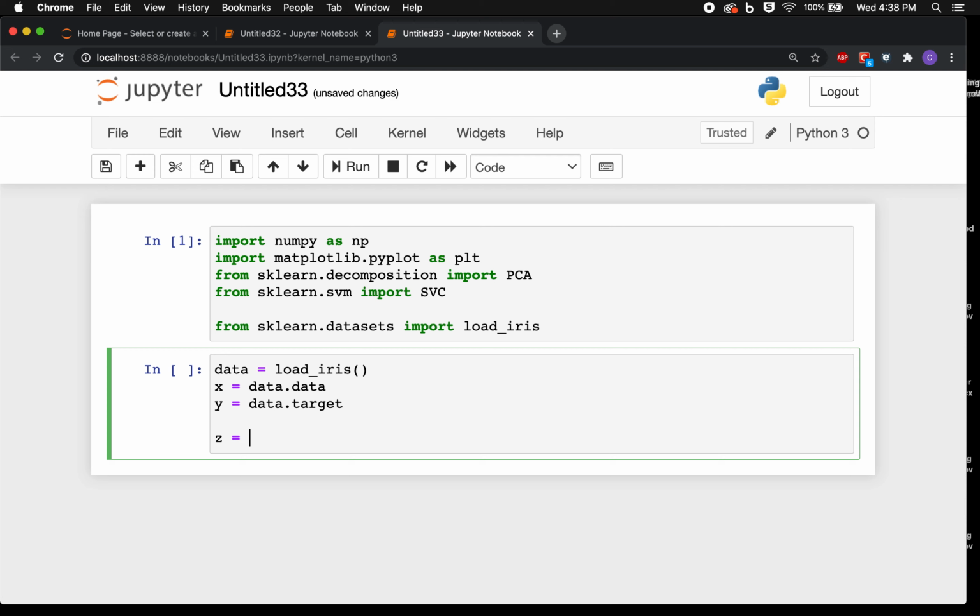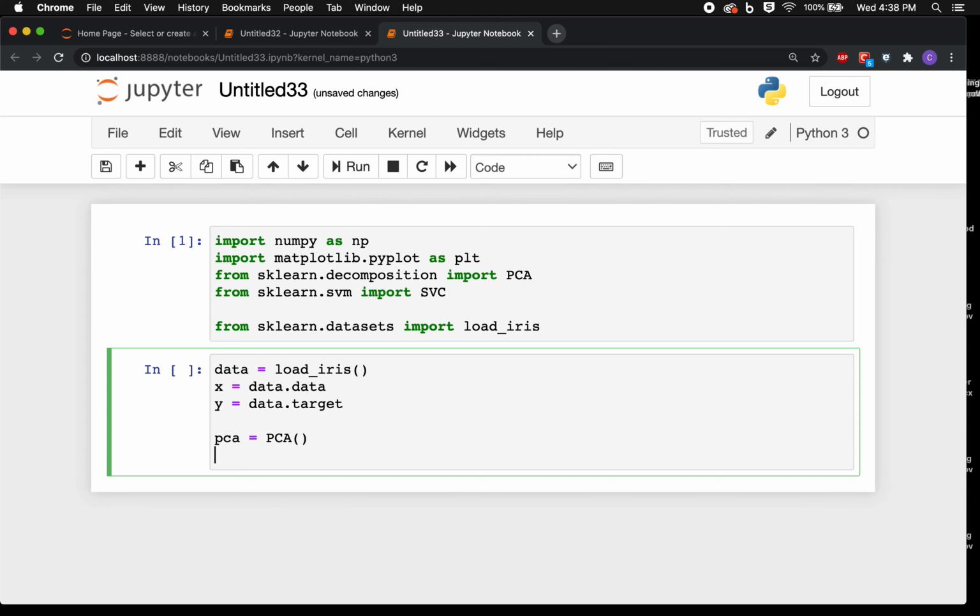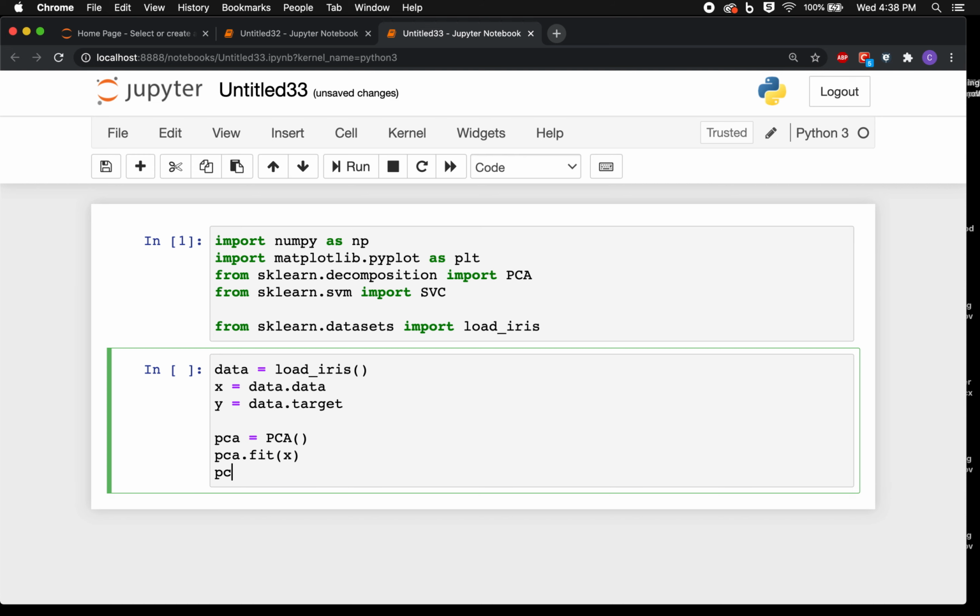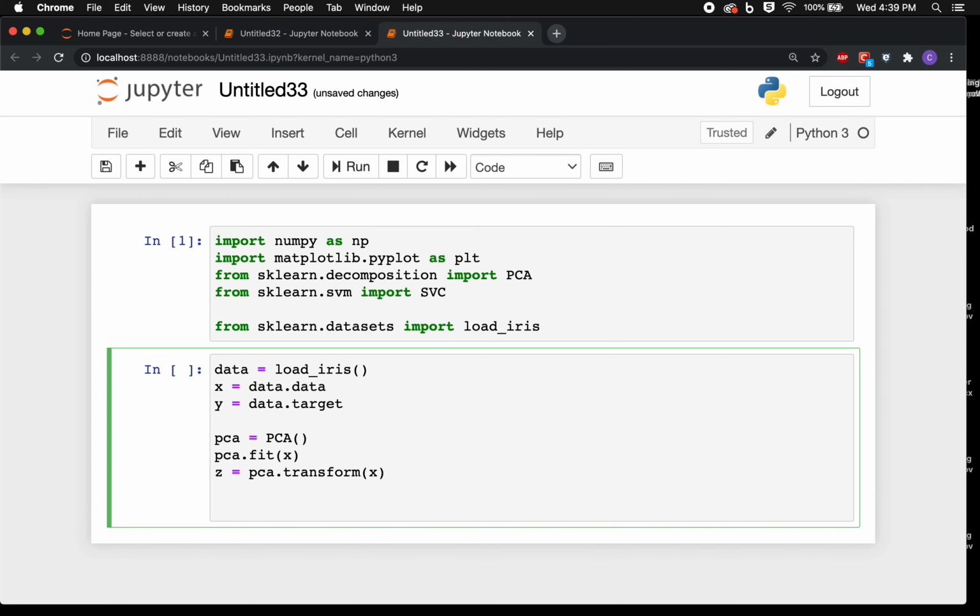And then what we're going to do is let's do a PCA. And so we got PCA here. And then we're going to do PCA fit of x. And then we'll say z is PCA transform of x. And then what we're going to do is just plot up the data. So we'll have z, and then we'll do,